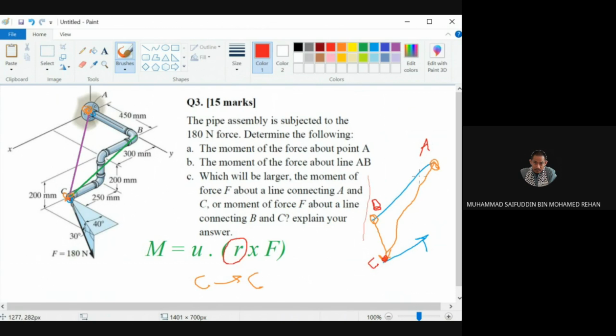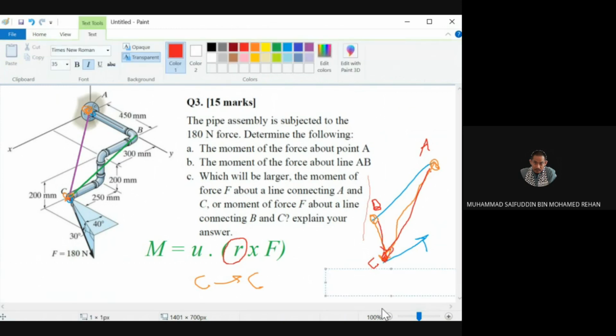So for R, I can use RAC or RBC, meaning that I can use RAC or RBC. Both will give me the same answer. Now, the thing with this one is that if you just take a look at the axis,